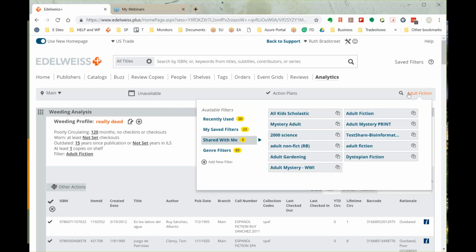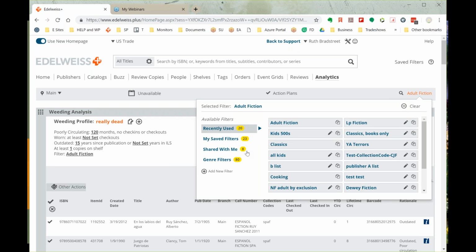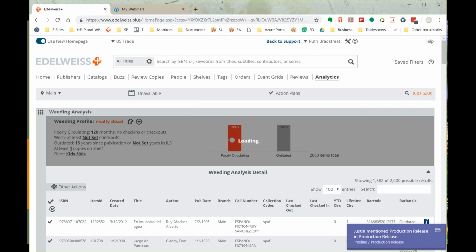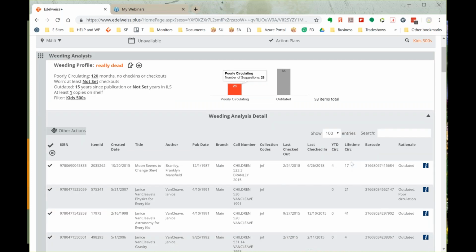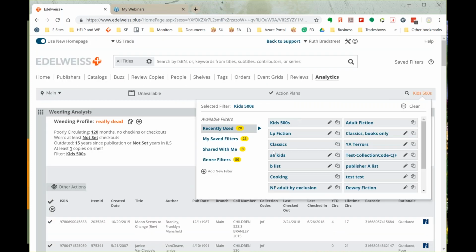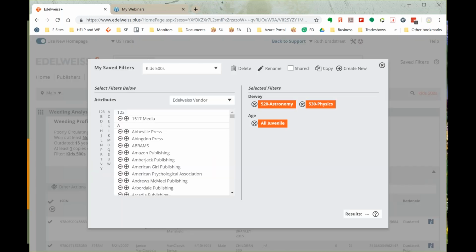So again, really big category. So that's not where I'm going to go, but I've got examples of things in here. So you can see, for example, Kids 500. And if I want to see what that means exactly, I've actually made it so that, oops, here we go, 500, you can click on the edit button. And it's actually not all Kids 500s. What I did was make a filter that's astronomy and physics. So really, I should rename this to be